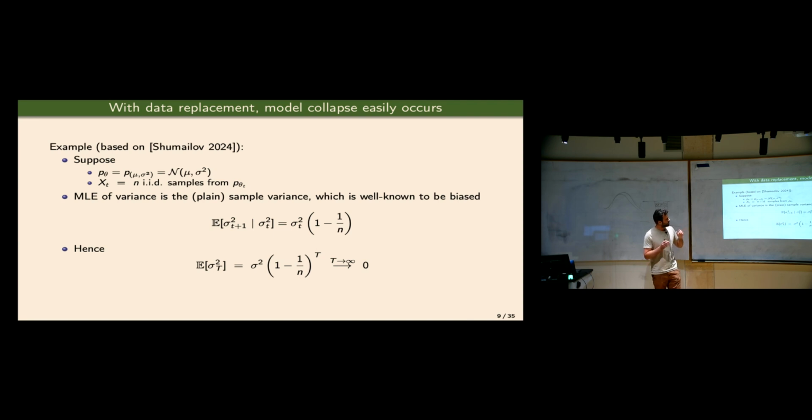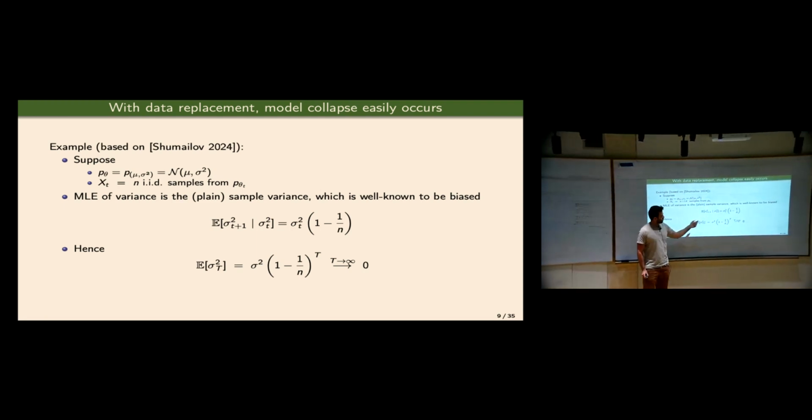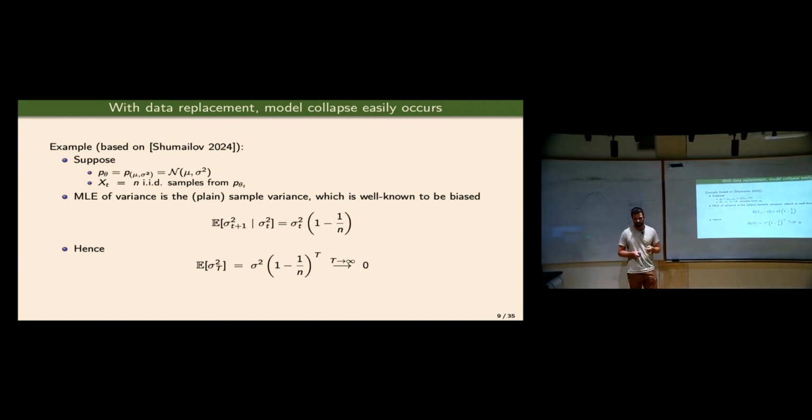This is what the first papers on the topic showed. There's this paper by Ilya Shumailov et al. Even for Gaussians, if you're replacing data at each iteration, eventually it's going to collapse when you do maximum likelihood estimation. And it's actually not that difficult to show, because it's well known that if you do maximum likelihood estimation for a Gaussian and you estimate the variance, it's going to be a little bit biased. So in expectation, when you estimate the variance with synthetic data, you're not actually going to get what you should.